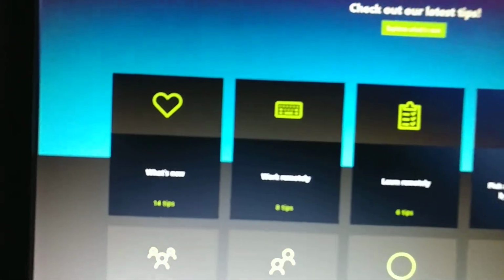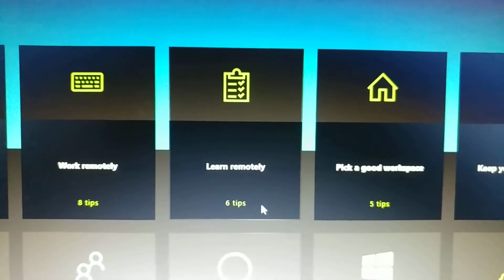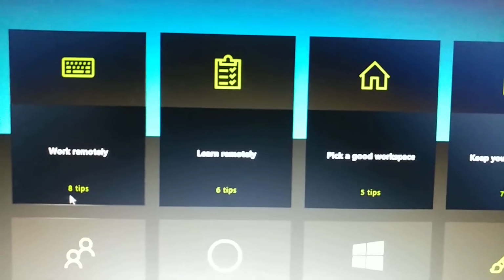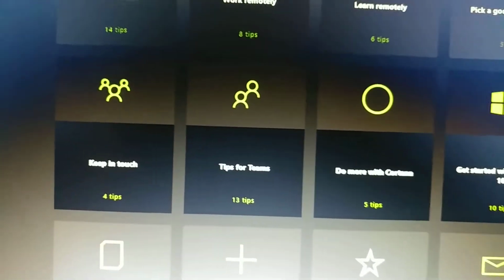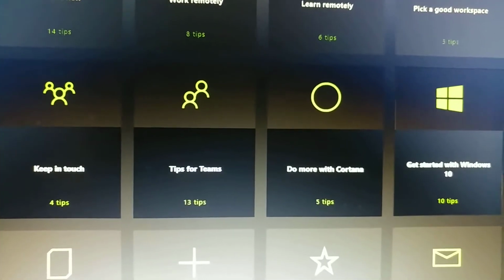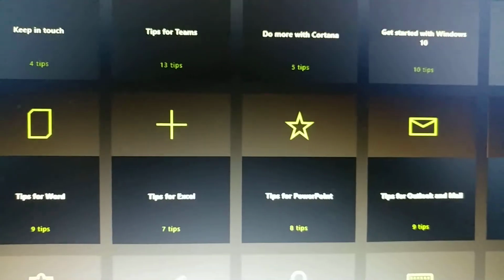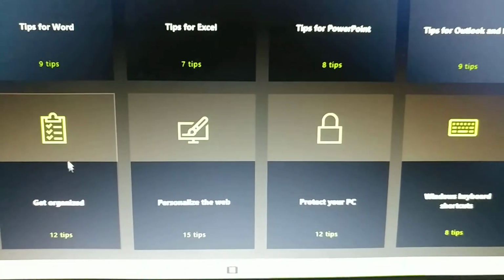You can click on any of the tabs and see the tips, like it has given 8 tips, 6 tips, 5 tips. So whatever feature you want to use, you can go there and see the tips, how you will be using it. Tips for Word,